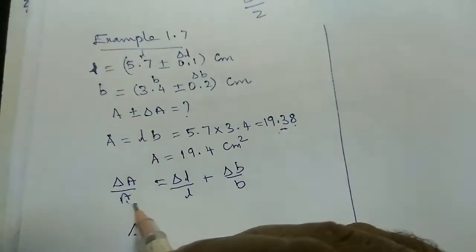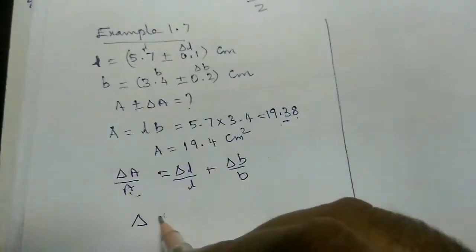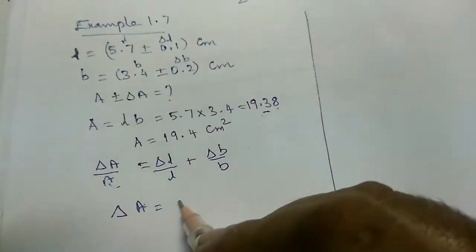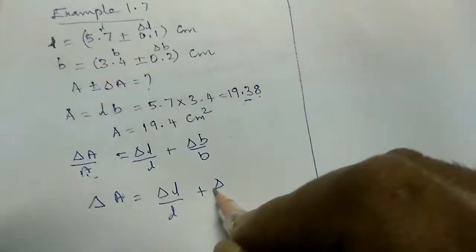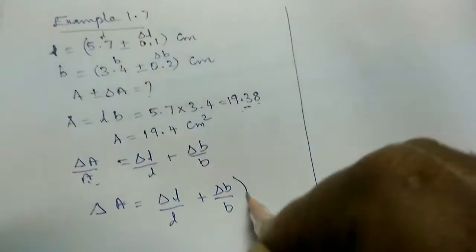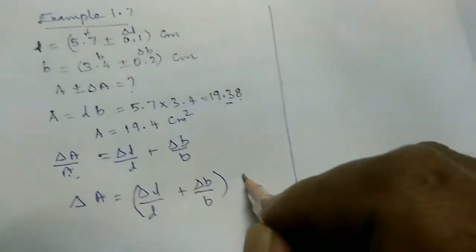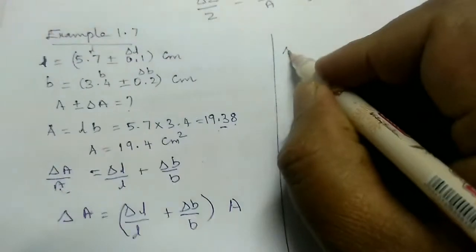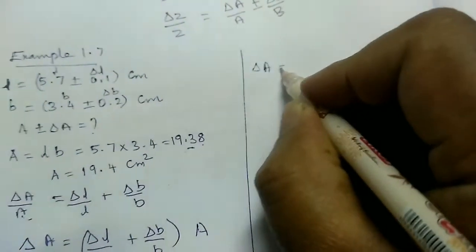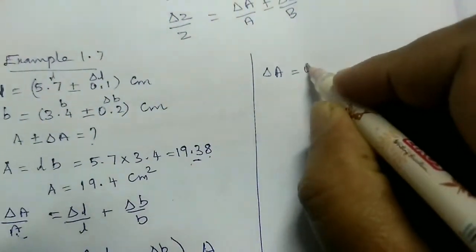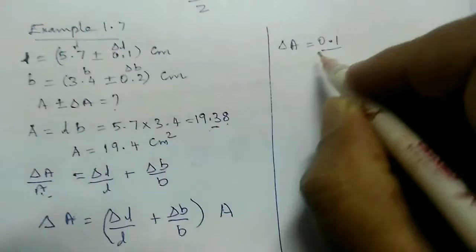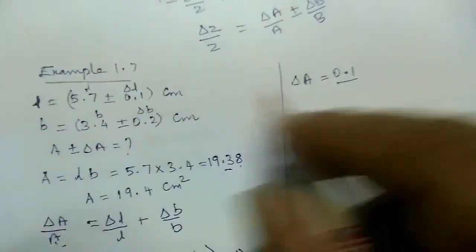So you take A to the right hand side by cross multiplying. Next, what? Substitution. So I write here: del A first, what do we write? del L. What is del L? 0.1, divided by L, which is 5.7,